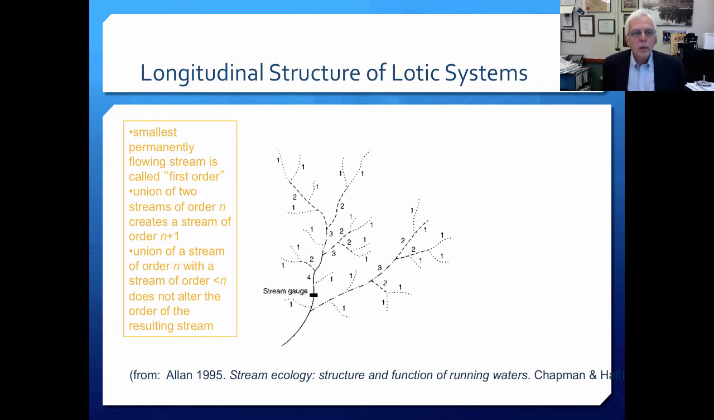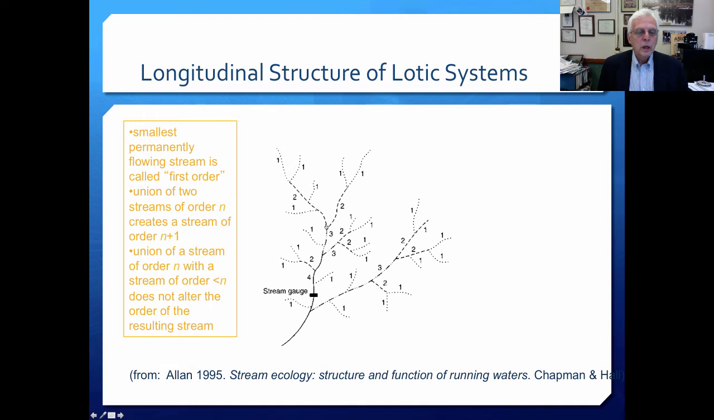Now, here I'd like to talk about the longitudinal structure of lotic systems, and I alluded to this just a little while ago. There are small streams and there are large streams, but we usually talk about them in terms of their stream order. So if you take the smallest permanently flowing stream, this is called a first order stream. And if you branch together two of those first order streams, say at this point here, then you create a second order stream. Now the second order stream will stay a second order stream until it's joined by another stream of equal